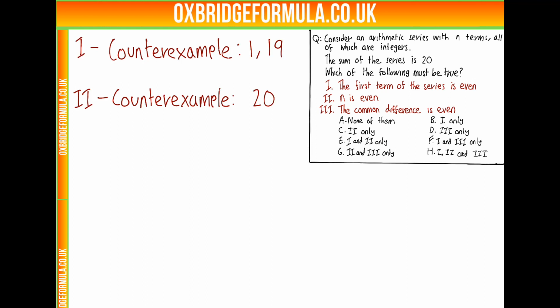You might legitimately feel that this is a little bit cheating the system in a way, so there is another more genuine counter example of 2, 3, 4, 5, 6. But this would be completely fine for noting that 2 doesn't have to follow from the sum of the series being 20. Now 3,